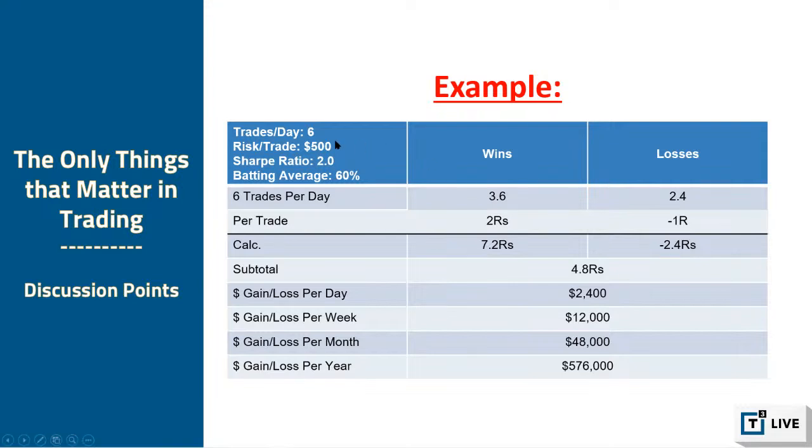If the person was risking $500 per day, that's $2,400 a day. That's per week, per month, per year. When I first came up with this table, and that was in 2007, a long time ago, I was shocked at how easy it is to make a ton of money if you just improve these 4 basic numbers. Just four numbers. If we can improve any one of them,